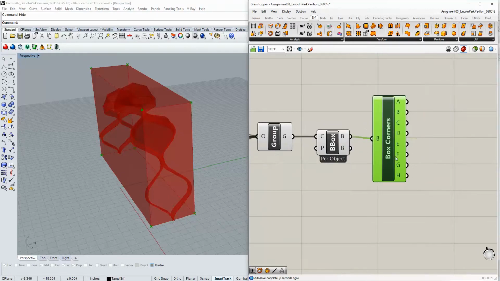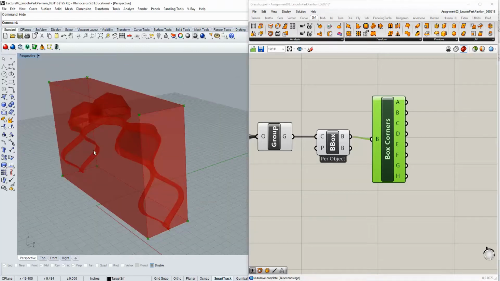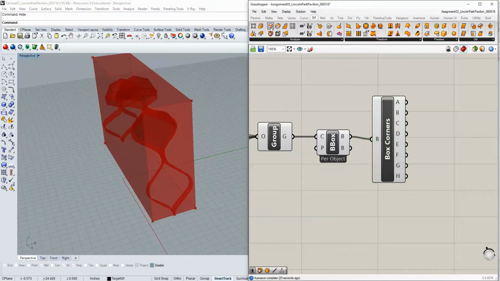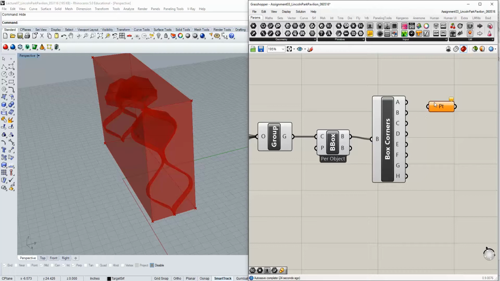They're listed as A, B, C, D, E. We need to figure out which two we want to join, and we can either join these two here or these back two, these top two, any two that are dealing with the width of this single bay. Let's go ahead and figure that out. The best way I like to do this is just drop in a single point container, select it so that it's highlighted, and just start wiring things in. And because it's selected green, that item should turn green on your Rhino screen,